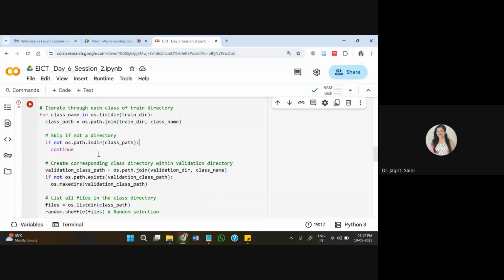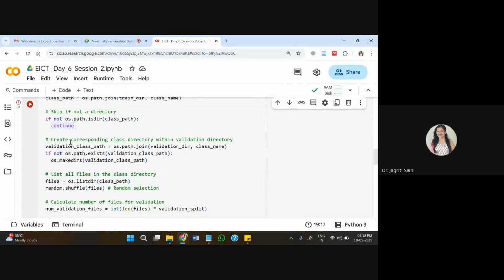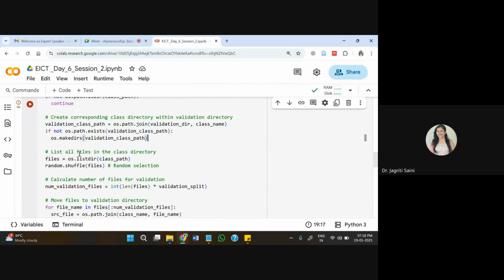After this, we are also checking if the class directory is present or not, and then we are creating the corresponding class directory within. So for this, validation class path, then validation directory, and class name we have inserted. If it exists, then accordingly we are pushing the details. Then we are making a directory for validation class path. This is also fine.